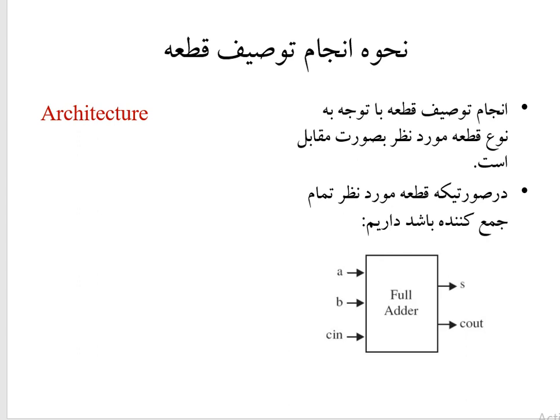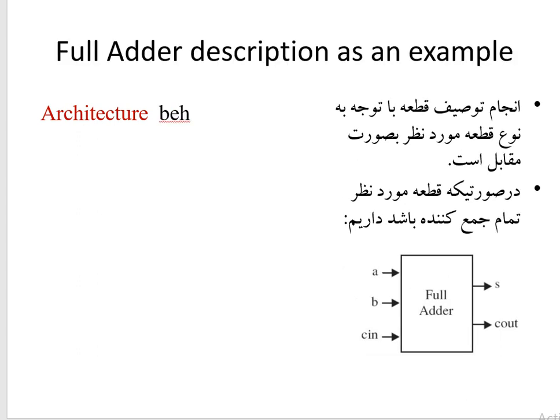Okay, now we can have, for example, behavioral modeling of the system. Then we select behavioral, or the acronym of it, or a part of this. For example, I select BEH, the first part of behavioral, as the name of the architecture. Architecture behavioral of the name of the entity, full adder, and the last keyword is